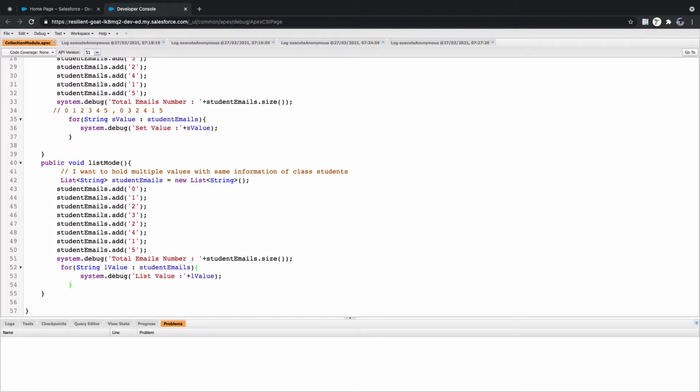You can also access data by using, let's say, string index equal to student emails of 0. What will be the output here? Exactly. Index.